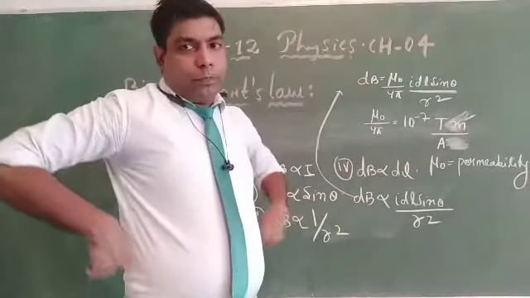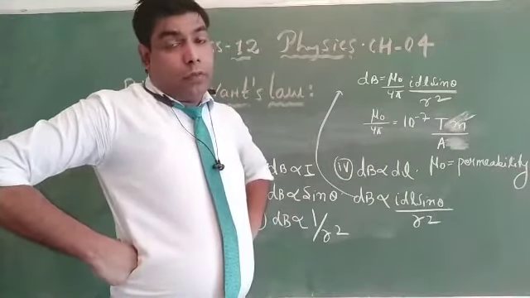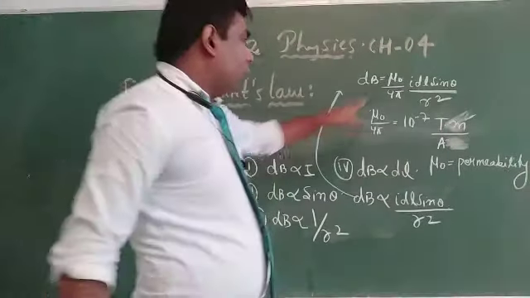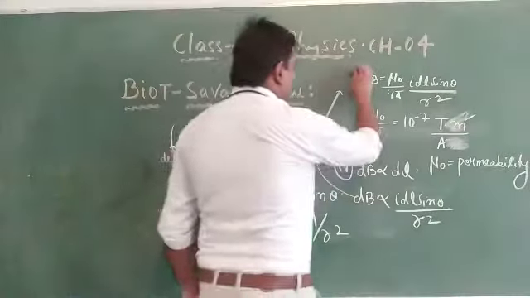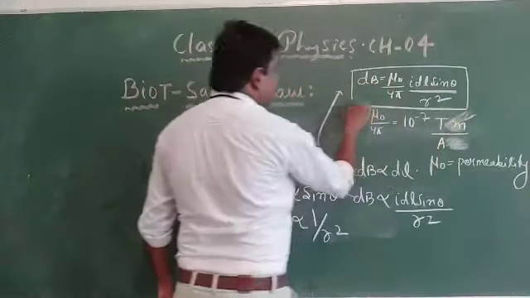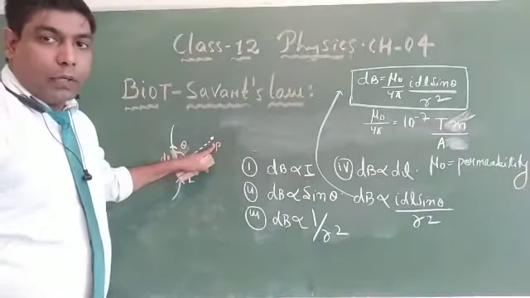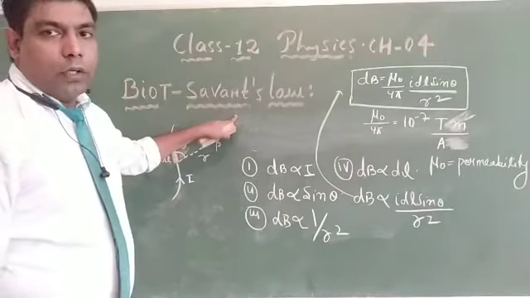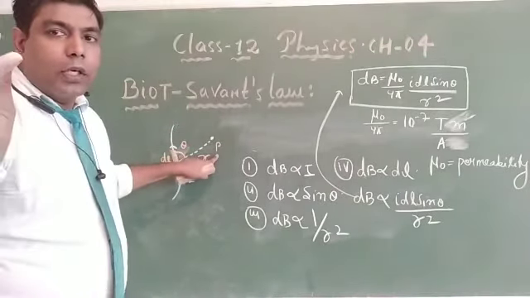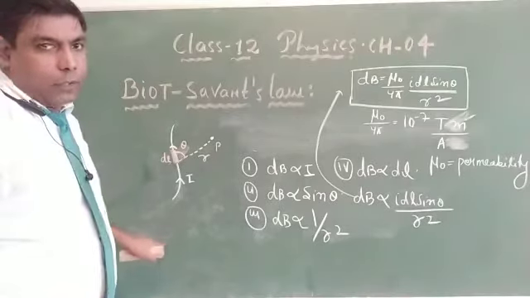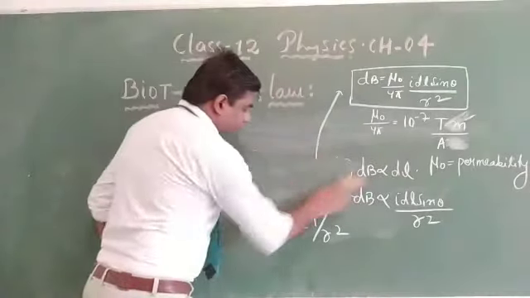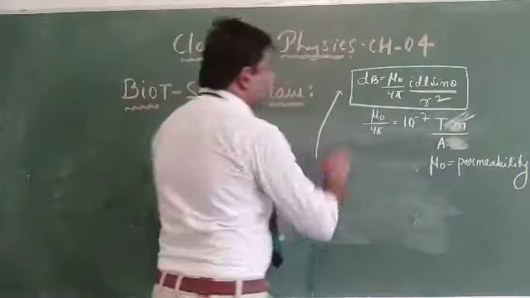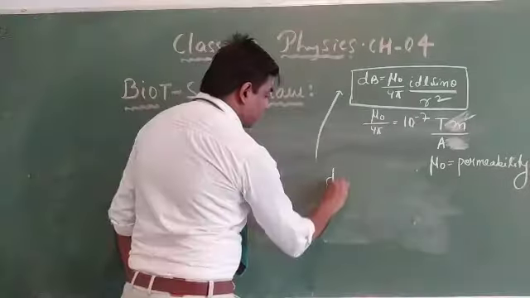Also, this we have written is the magnitude, but you know, magnetic field is what? It is a vector quantity, right? So we have to express this in the form of a vector. This is the magnitude of magnetic field induction at a point P due to a small element dl. Remember, Biot-Savart's law gives the magnetic field at a point due to a small element, not the whole conductor, right? Now see, if we want to write it in vector form, it will be